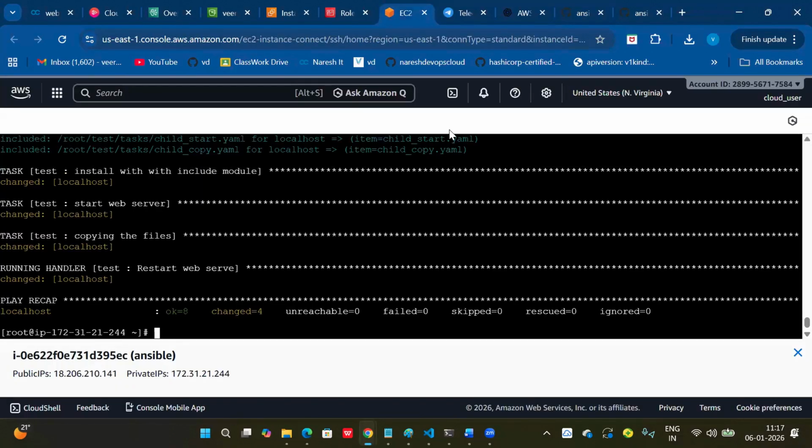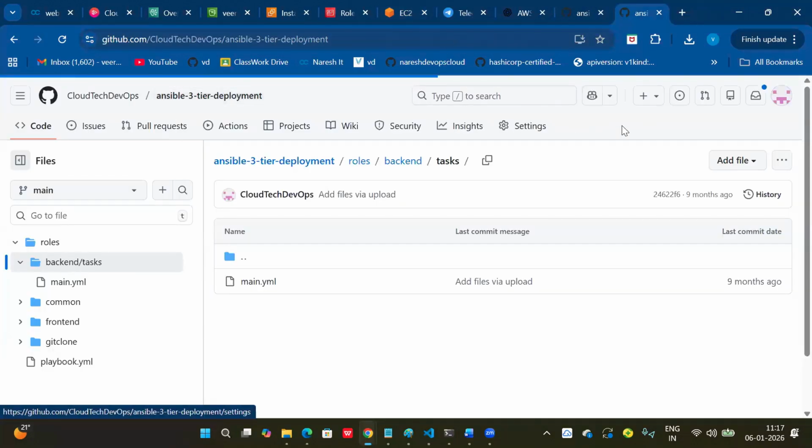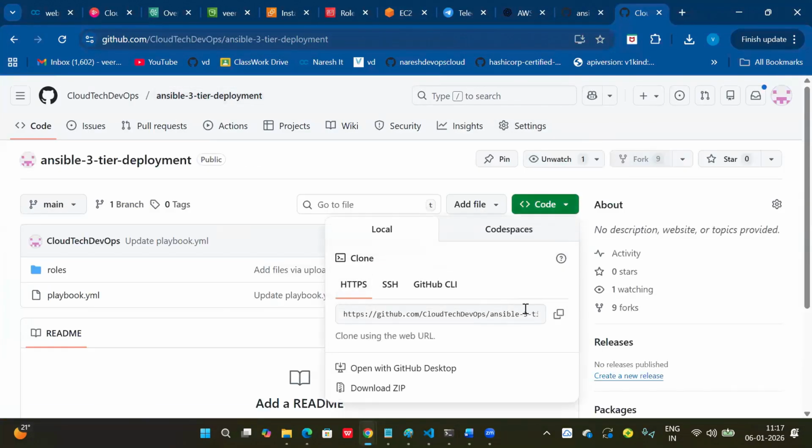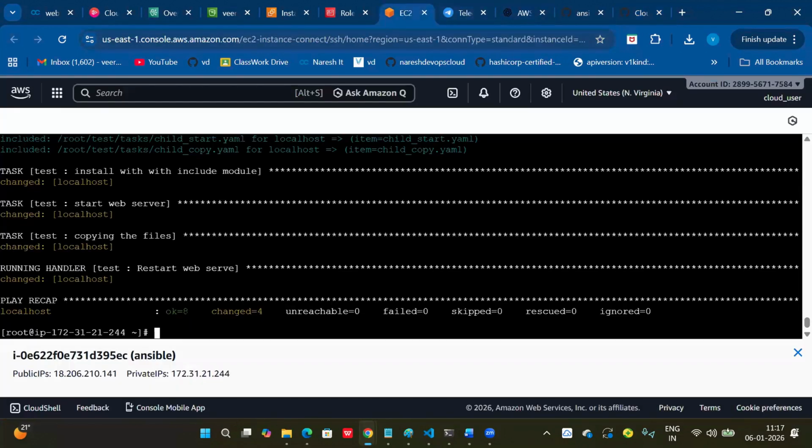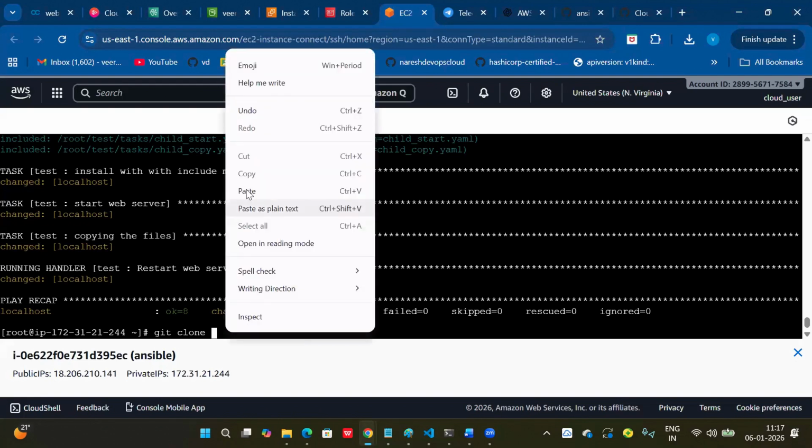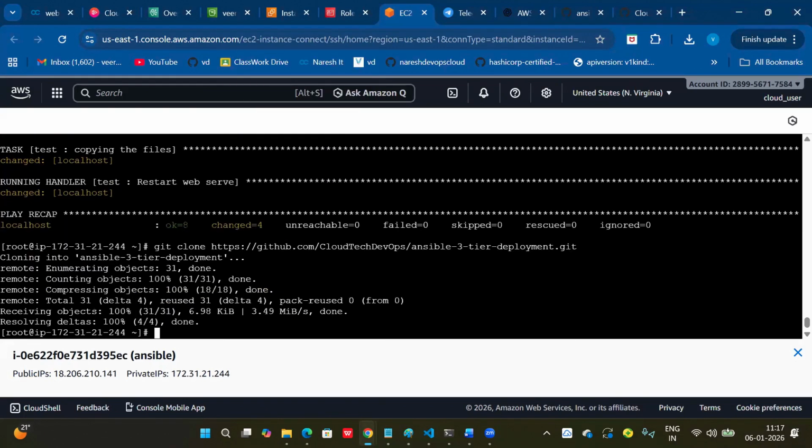For example, let me build this process. Ansible 3-tier project, clone. mkdir, git clone. RDS is missing, right?